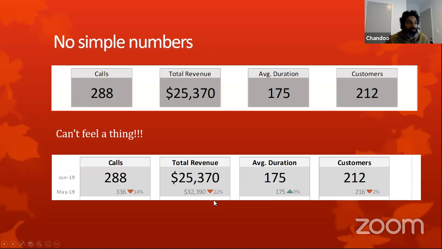And a similar theme for revenue, but the duration of calls seems to have increased ever so slightly, while we kind of maintain the number of customers calling us. So this is giving you a different picture, right? So this is why it's important to attach that kind of feeling. You can think of feeling by comparing with a previous point in time, or benchmarking it against an industry average, or using internal targets, or comparing with another department or another group or another set of data. All of these are powerful ways to attach that kind of a feeling. So that's the first thing.